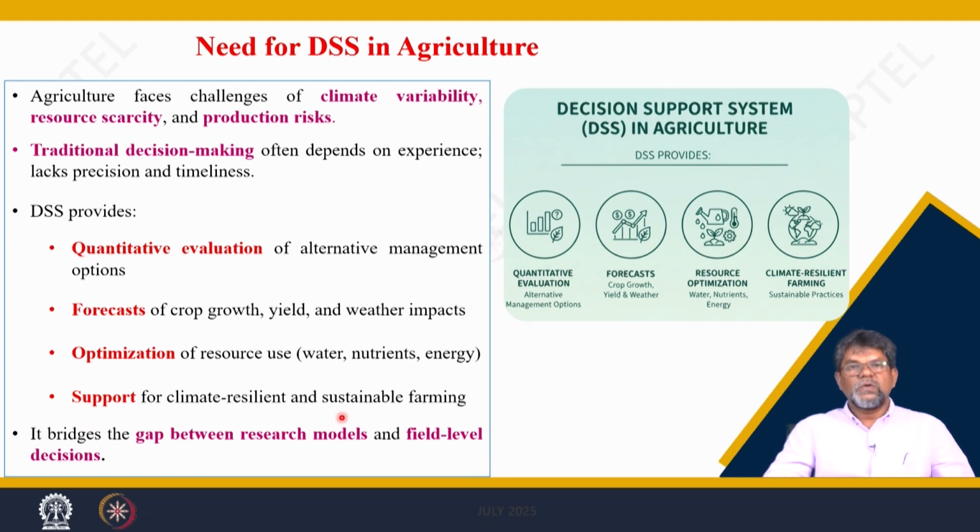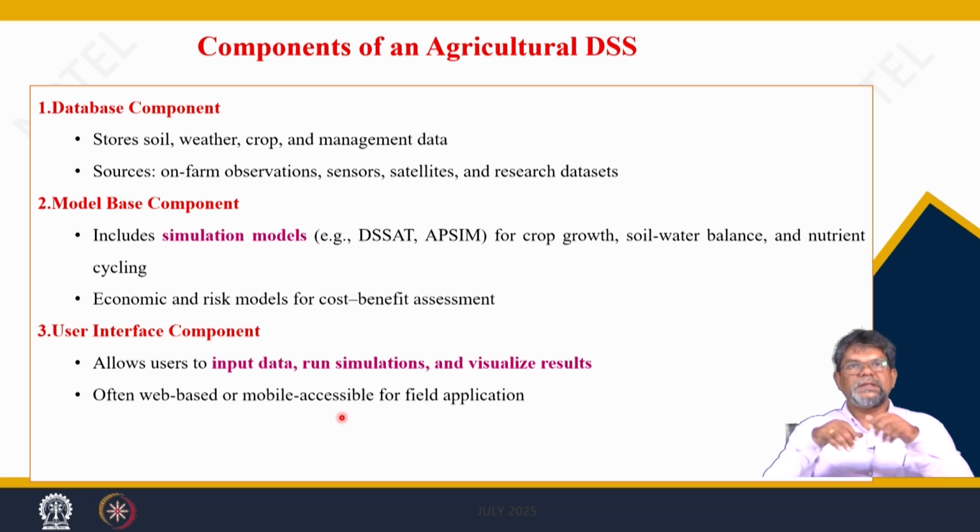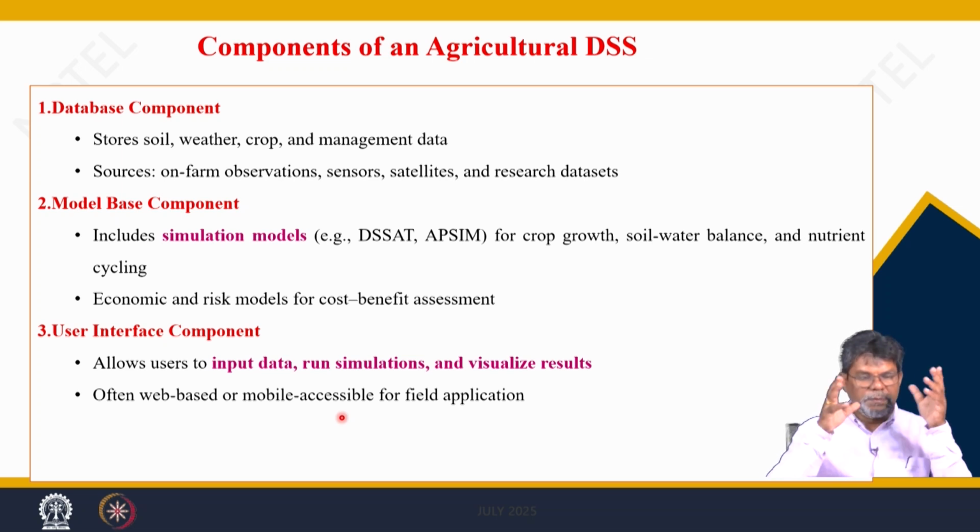In agriculture, you have to apply the inputs or the resources site-specifically, as per the need, not in excess. Similarly, no deficit either. If you are applying deficit resources, you are losing production, which is not good. We want to maximize production, at the same time with efficient use of resources. Resources should be optimally used, not wasted. So, these are the components, as we discussed, the three major components.